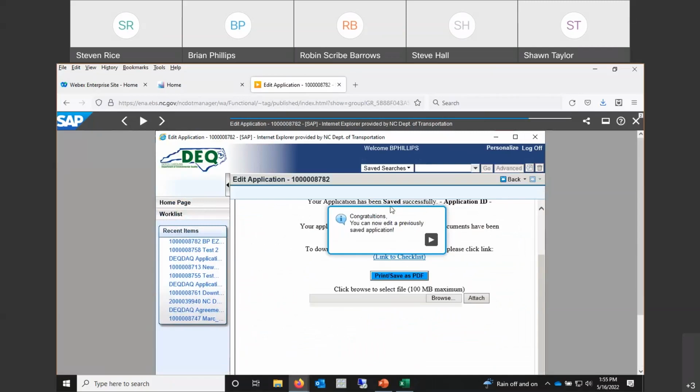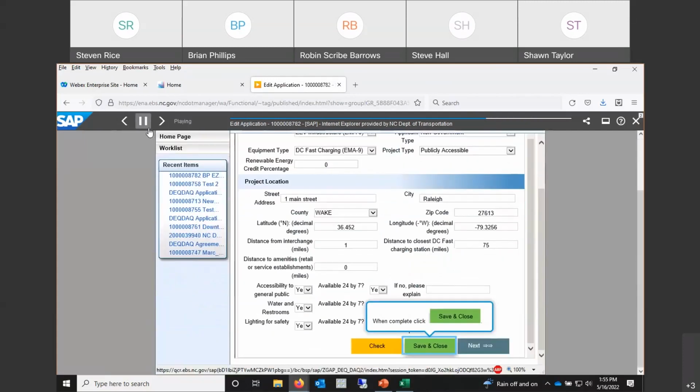You'll get the message that your application has been saved, and after application ID, you'll have a number here. That's what you would enter to reference the application. Here you'd see that all applications start with a 1, have a string of zeros, and then a couple of digits. Again, this is your specific application ID. If I go back to the previous step,